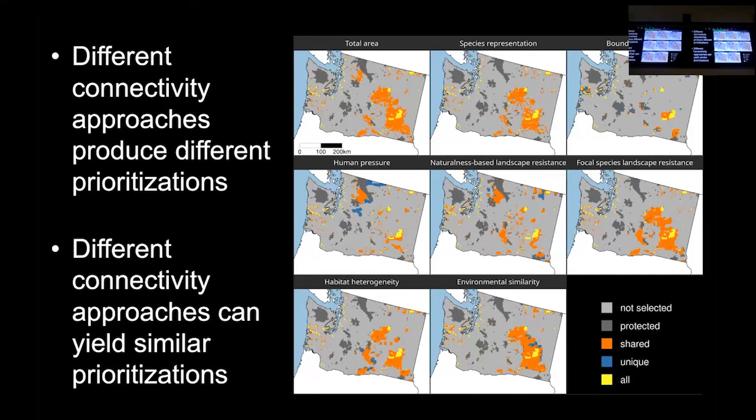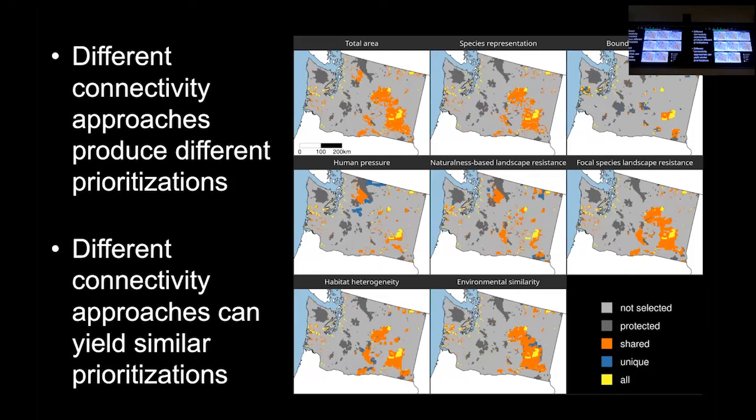And then we said, well, let's say we add an additional budget of 15 or 20%. Let's try and increase connectivity as much as possible while still meeting those targets for each of our 300 odd species. And we'll see what happens then. So this is still a valid multi-species approach that's ensuring that each species gets a suitable amount of habitat. But given that, and given extra room for improved connectivity, we're looking at how that changes our results. So what we can see here is the total area approach.